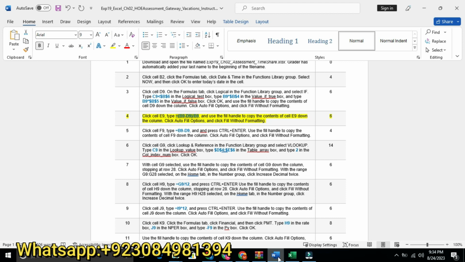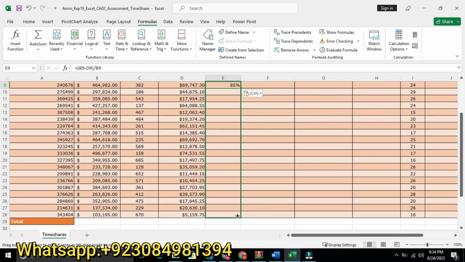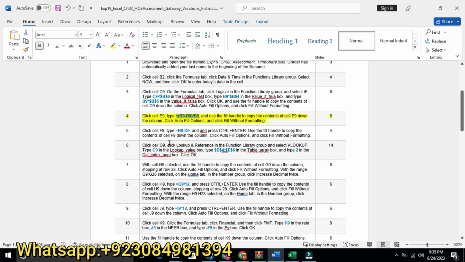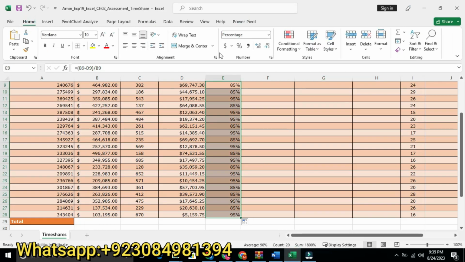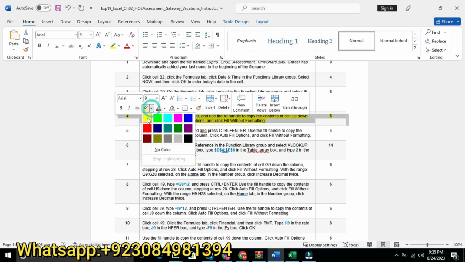Click the autofill option and click Fill Without Formatting. So we will paste it from E9 up to E28 without formatting. So we will get our results. That's our fourth step.